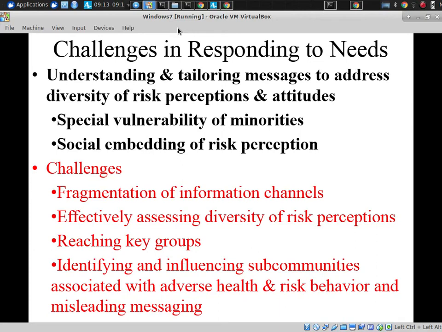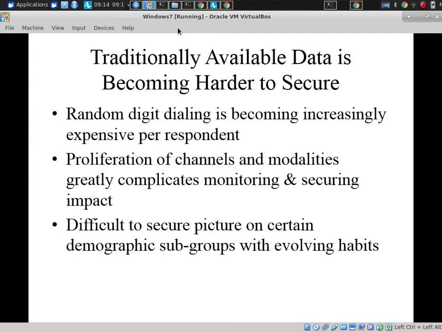Where do we go to understand what narratives are foremost in certain subgroups? In reaching key groups, these days with something like random digit dialing to get a sense of perceptions out there, you're not going to be reaching young people by and large, many of whom have no landline. They're not going to be answering calls, and you're increasingly focused on particular demographic subgroups if you're relying on random digit dialing. How do we reach out effectively to different groups who are available via different channels? And then how do we effectively identify and influence subgroups associated with different narratives or with contributing not so helpful